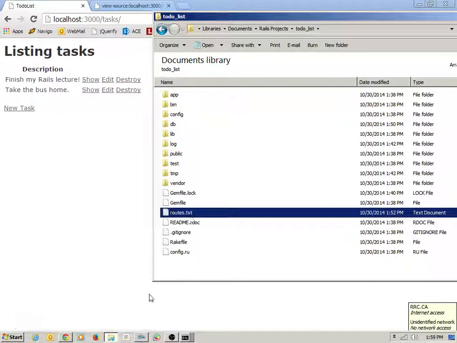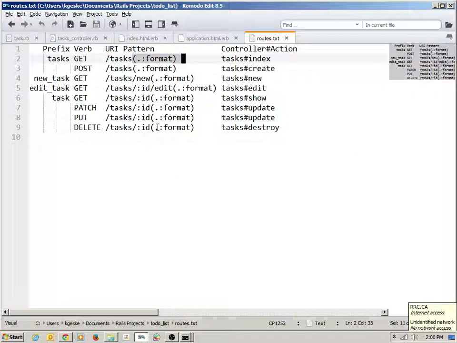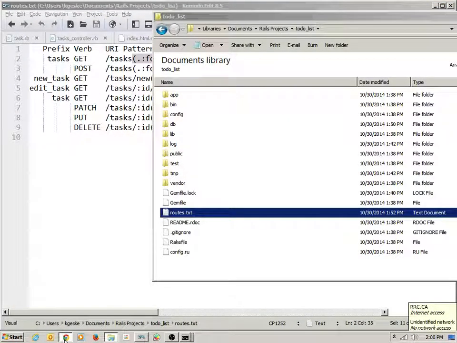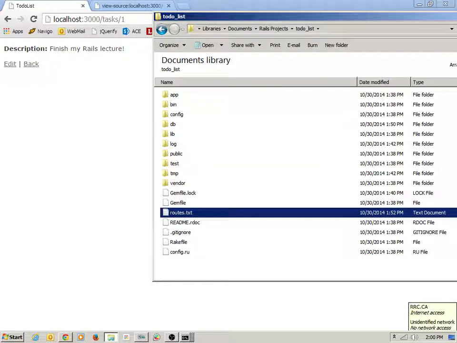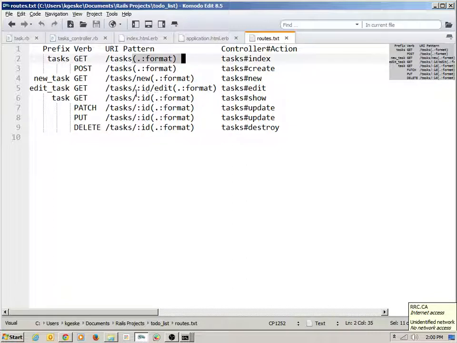Okay, and so you can see, if we again look at that routing file, if we look at, for example, the page that shows us an individual task, /task/ this particular number, that is right here. A GET request to /task/ID will load up the show action of the task controller. And again, there's an optional format on it. So let's look at both of those